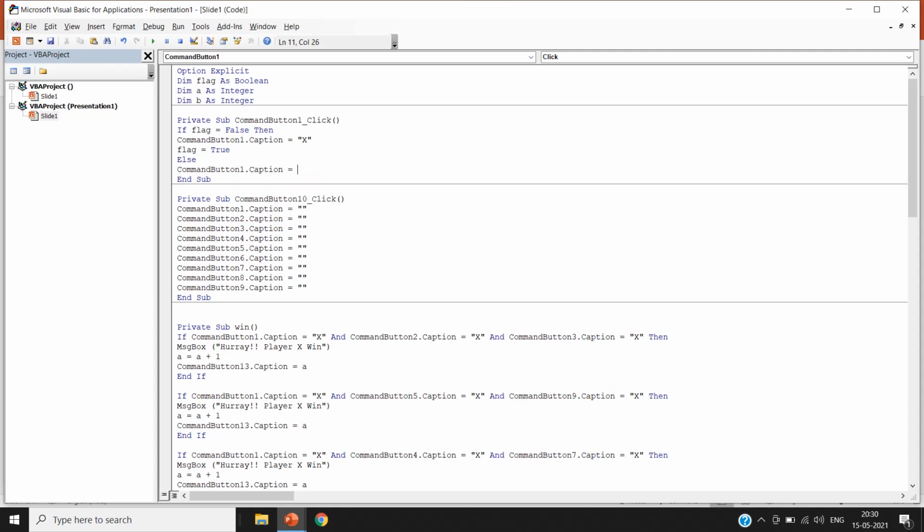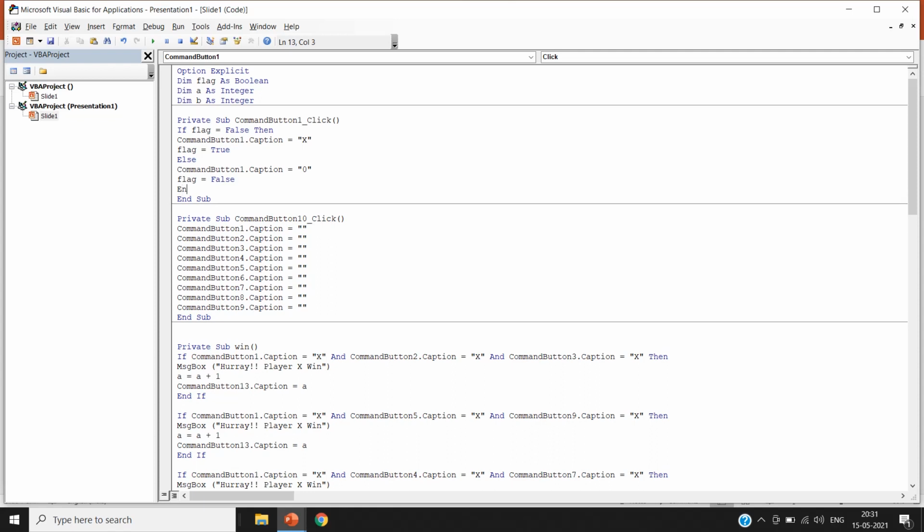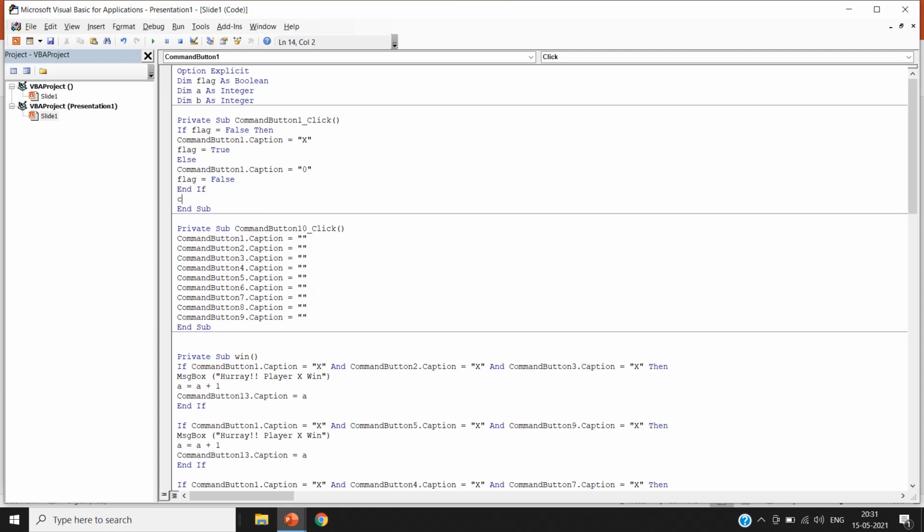If you know the basics of coding, you do understand why and what is written here. We are doing this because when we click, we want to click one time X, one time 0, next time X, next time 0. That's why we are writing this code here.